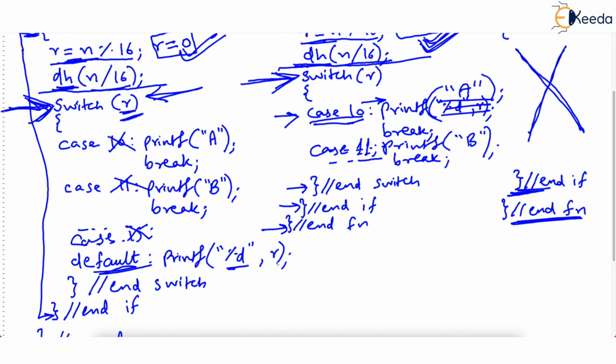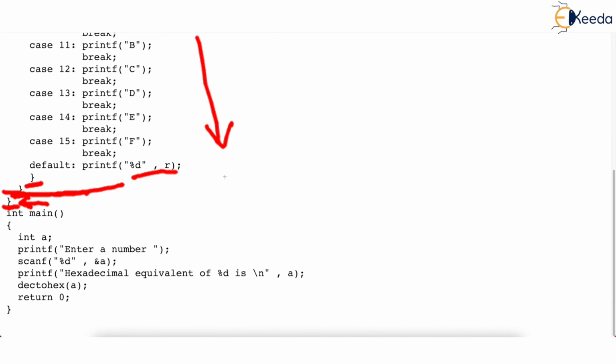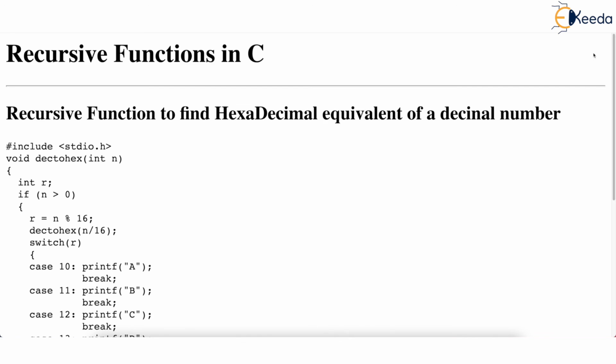And here we are going to put literally printing of the remainder in %d format because we want 0 to be printed as 0. So the first output was A, printed by this function, and this function finished, resuming the previous function, printing 0. And when this function also finishes, main resumes. So that's the way this function runs. Obviously, main declares a number, asks the user to input a number, say 160 is the number, and then we make the dec to hex call, which will print A0 as we saw on the screen. So this is how you convert decimal to hex and write a recursive function.